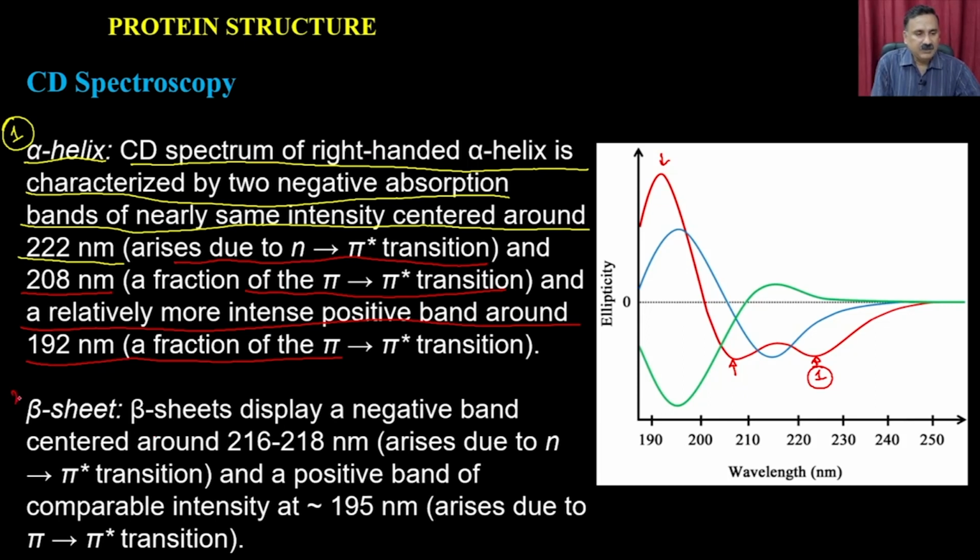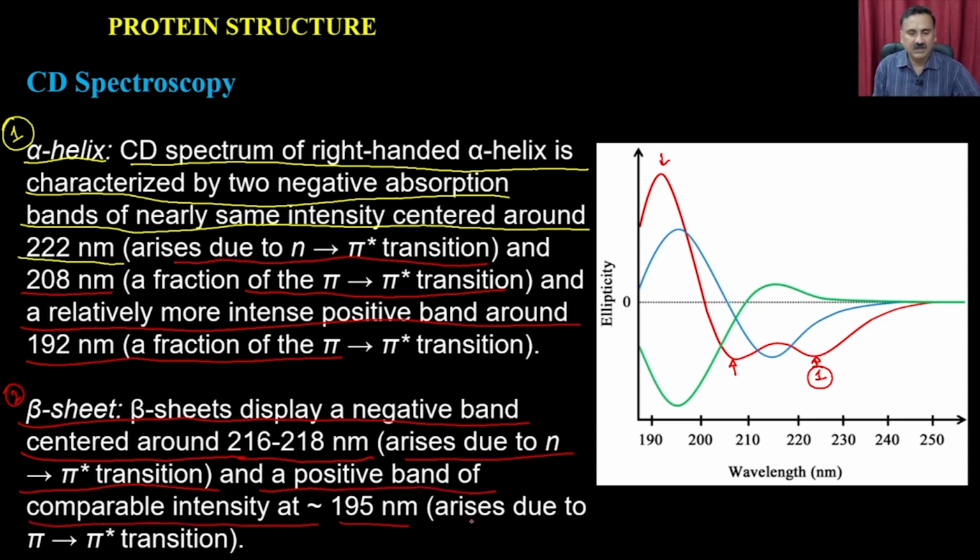Now, if it is a beta sheet, for example, beta sheets display a negative band centered around 216 to 218 nanometer. This arises due to the n to pi star transition, and a positive band of comparable intensity at 195 nanometer arises due to the pi to pi star interactions. So this is the beta sheet. What you see here is one transition at 216 to 218 nanometer,